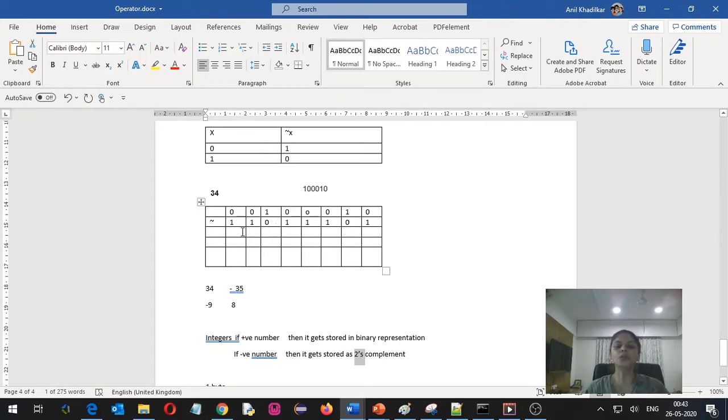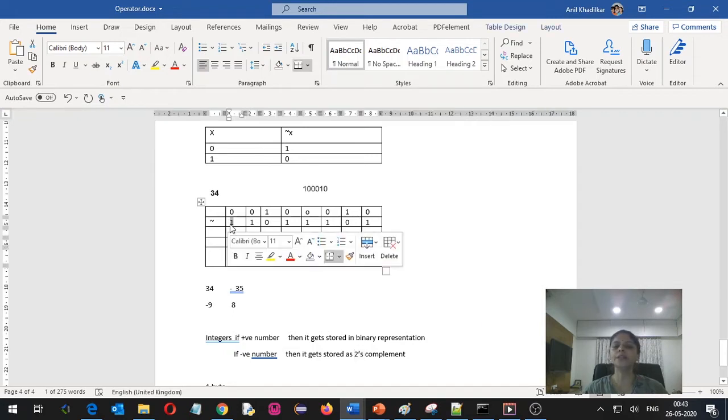To find 2's complement, first of all I will have to calculate 1's complement. 1's complement is nothing but making all these values opposite. Here we are not modifying this particular bit because it is representing the sign, which is the negative sign. So if I calculate 1's complement, I will replace 1's by 0's and 0's by 1's. If you check, this number will become the same as the previous number.